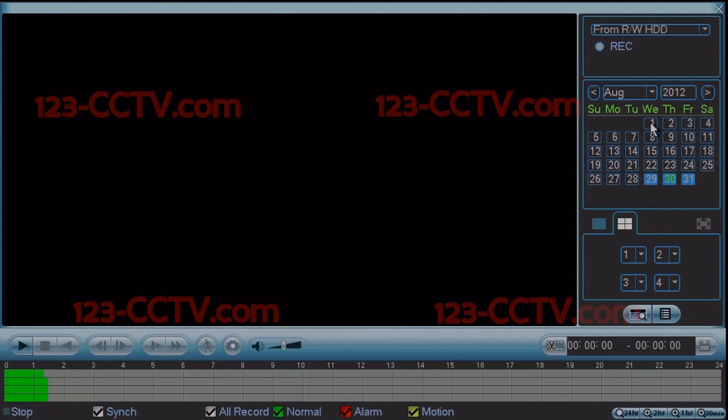You can see here that days 1 through 28 are not highlighted in blue. This means that there is no video recorded. Only days that have video recorded on them will show up highlighted in blue, such as the 29th, 30th, and 31st. On the bottom left hand side of the screen, you can see here that there are 4 individual